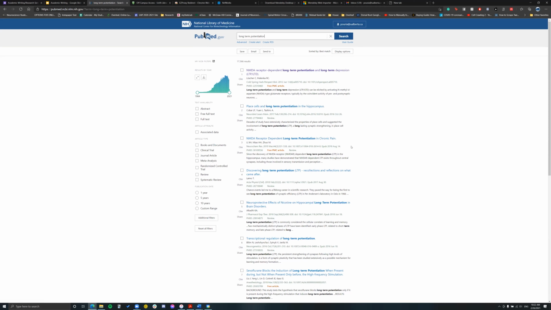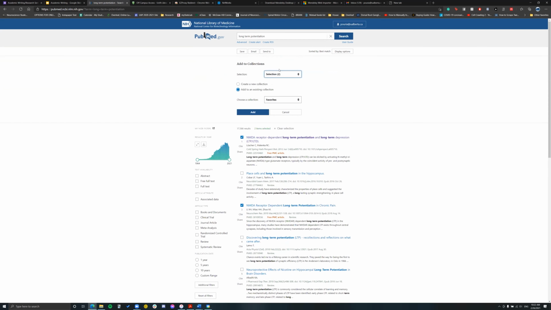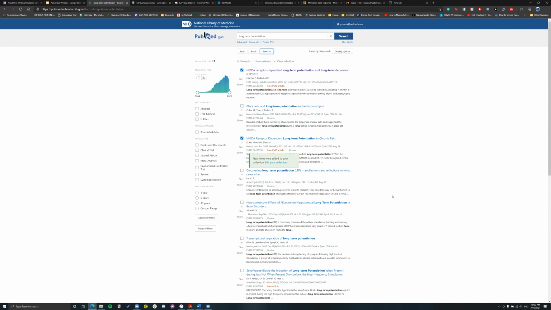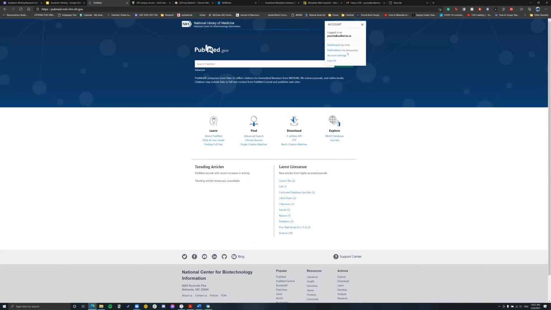You can just go through the titles and select each of the papers that you're interested in reading, or at least interested in reading the abstracts of, and then send them to your collections. That allows you to sift through a lot more papers a lot more quickly. An additional benefit is once you're actually in the collections folder, you're able to read the abstracts all together. So if we go to my dashboard again,